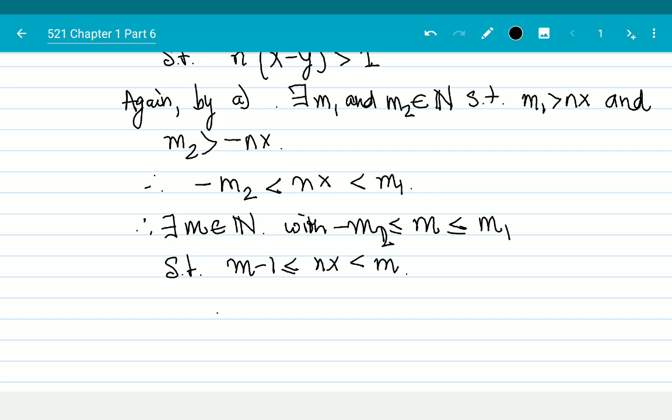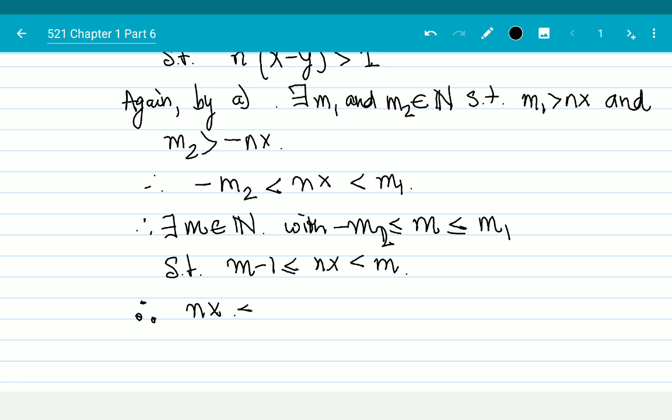Right? I can find my m such that nx lies between this interval, and therefore combining the two, we get that